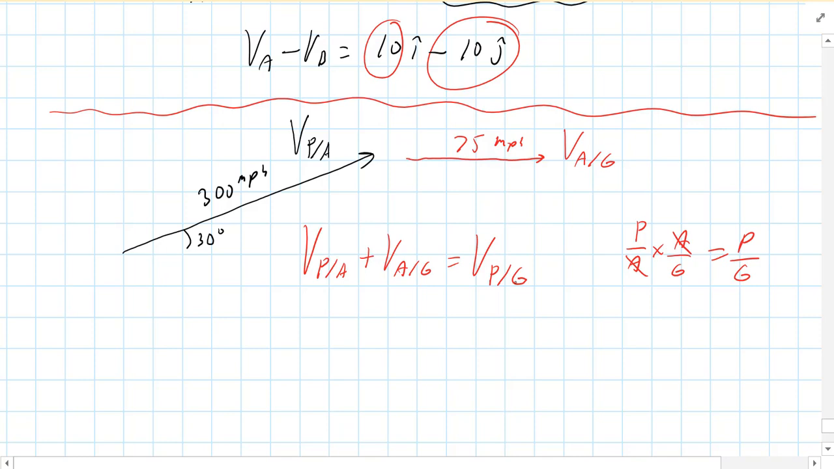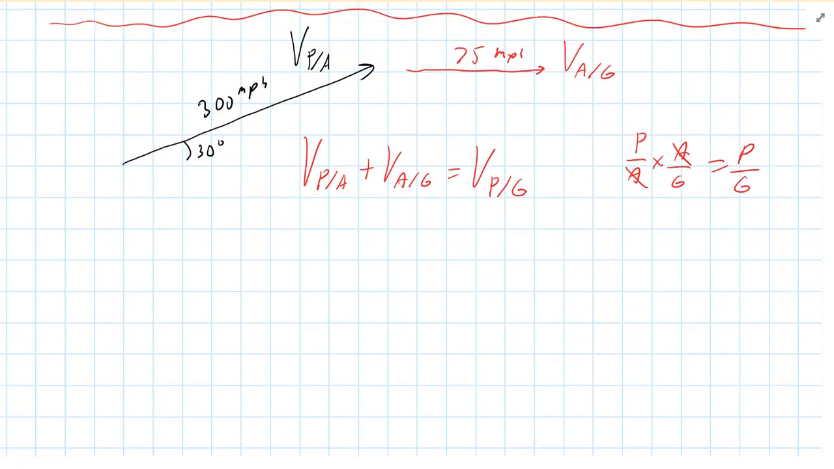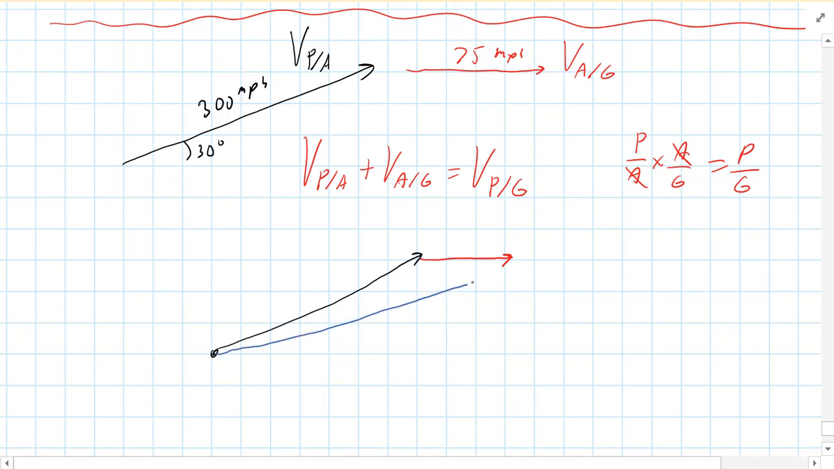Okay. In other words, for us on the ground, we look up at the pilot. This is what we're going to see. Now, I'm not going to do all the math here, but I will sketch this out. Okay. So you would add these vectors tip to tail. So here's the velocity of the plane with respect to the air. And here's the velocity of the air with respect to the ground. And the result would be this blue arrow I'm drawing, and that would be the velocity of the plane